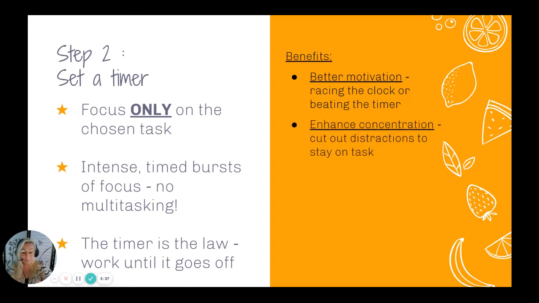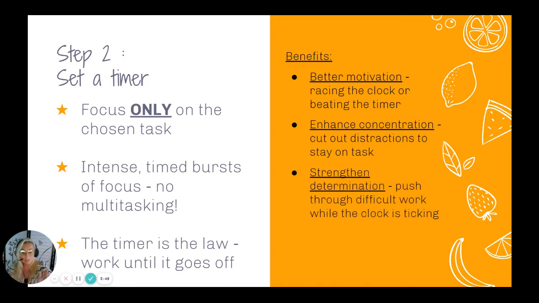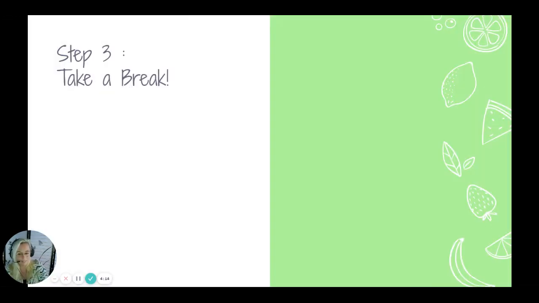The second one is it enhances your concentration and cuts out those distractions so you can actually stay on task and create that workflow. And it also strengthens your determination. Now, I know, as well as you all know, the end of the semester comes and all of a sudden you're like, oh, I got all this missing work I got to do. And that time at the end of the semester, this final deadline, is kind of what pushes you forward and makes you determined to get things done. So with the Pomodoro timer, that same idea is applied and it makes you push through difficult work to get it done because you know that clock is ticking. And it makes you less stressed out because you're not doing it at the end of the semester.